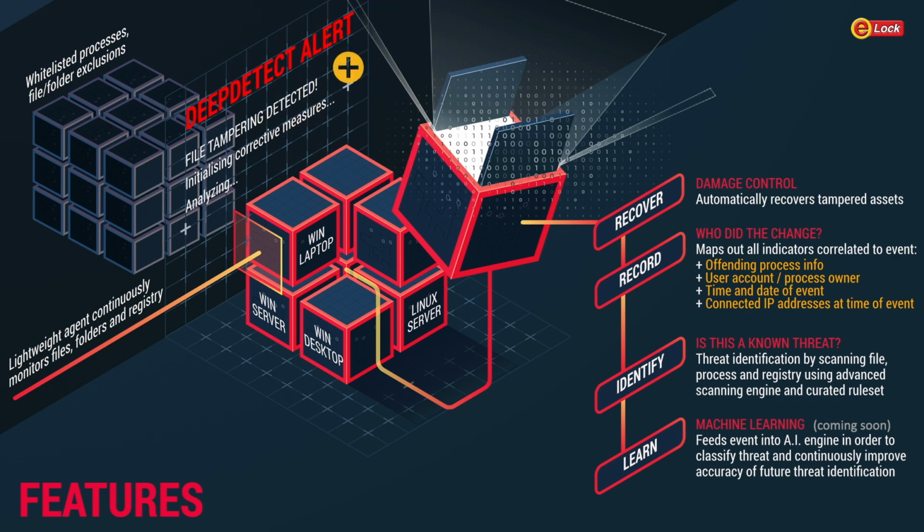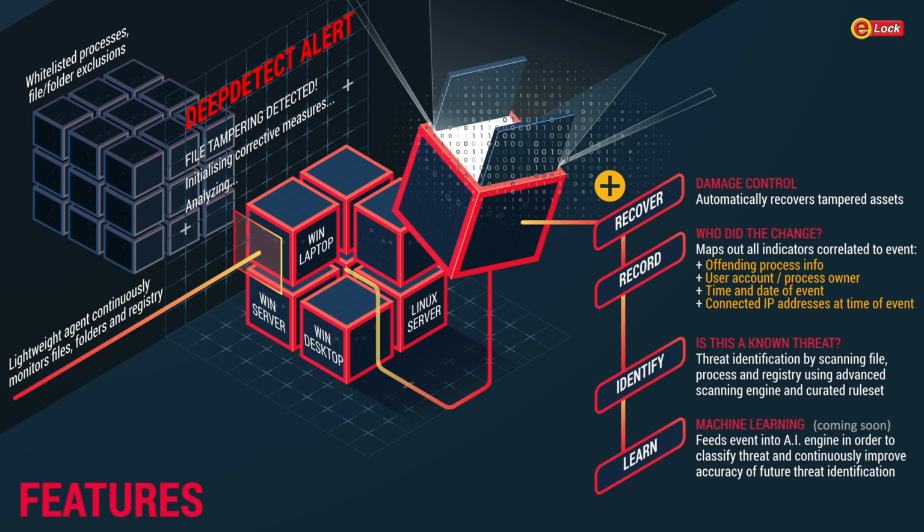Now, whenever a policy violation is detected, for example a sensitive folder is deleted, a bad software is being downloaded or ransomware trying to encrypt your business files, DeepDetect picks it up, raises an alert and initiates response measures immediately, like recovering a tampered file or killing the bad process for example. Automated response can help keep an organization's operations running while buying your IT operations team valuable time to react, respond